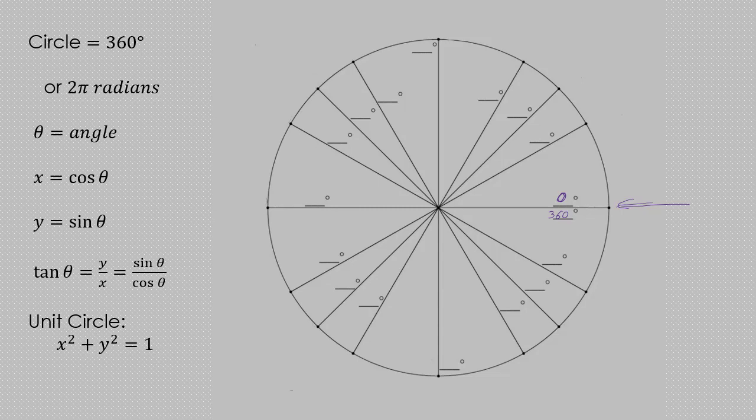And if we think in terms of how could I easily fill this out, well, if we take advantage of the 30-60-90 as well as the 45-45-90, we could just count by 30s, and that would skip all of the 45-degree angles. So if I just went from 0 degrees, the first one in that first quadrant would be 30 degrees, skip the middle one because I'm going to add another 30 degrees, which would take me up to 60, and just continue that same pattern. So it would be 90, followed by 120, 150, 180,